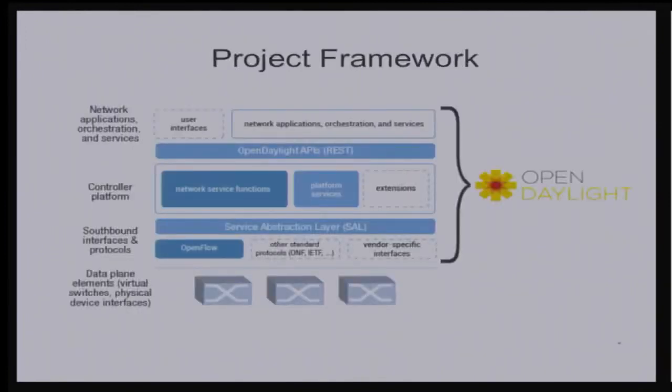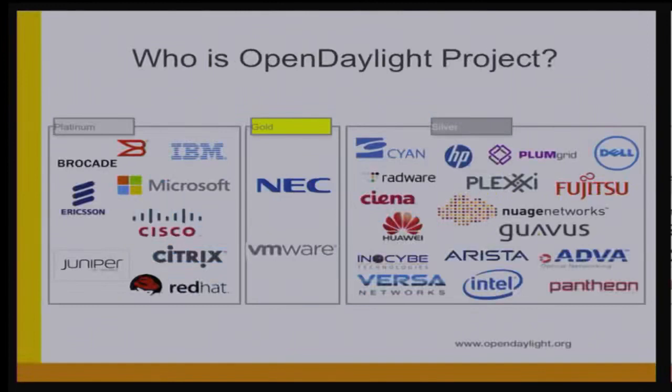So here's what it looks like. This is kind of the scope of the thing. In the middle, there's this controller platform I was telling you about. I've got to watch the time here. On the south side of it, there are plugins, so protocols are pluggable on the south side. And on the north side, there are REST APIs, not surprisingly. You can also write to the Java APIs on the north side if you need to, usually for performance issues.